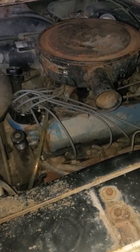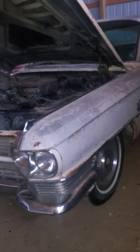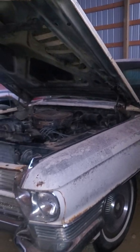But otherwise, the car's pretty well intact. And it does have a lot of life left. And nothing but a good pressure wash or wipe down will take all this crud off here. And my plan is to either paint the whole car flat black or matte black, or midnight blue with like a white top. And hopefully I can do that this spring, because